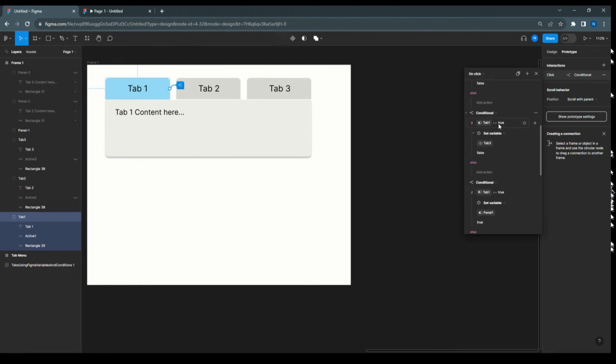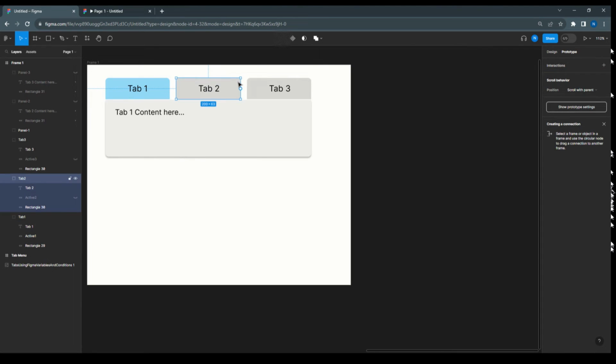And once the tab 1 true, tab 3 false, fine, tab 1 equal to true, then panel 1 will be true. And then if it is true, then else part it will be false. And then panel, okay, so tab 1 true, then panel 2 false, tab 1 true, then panel 3 false. So this is fine. Now we can copy this